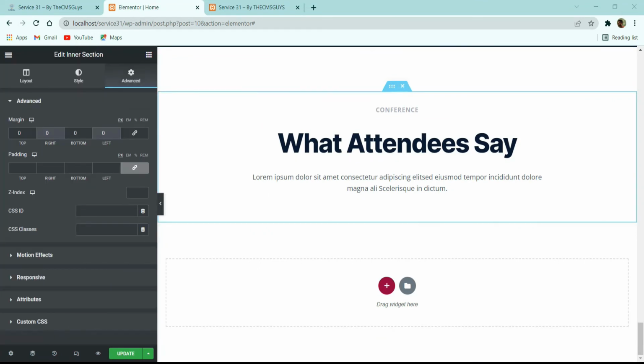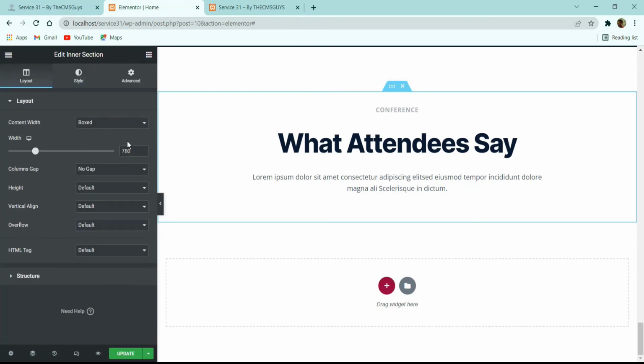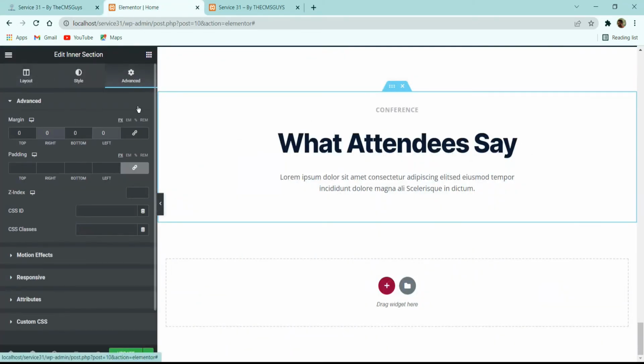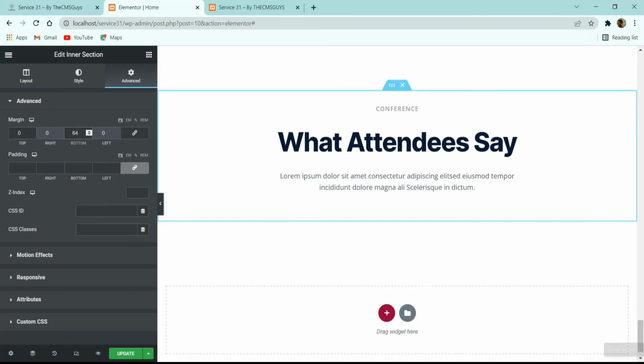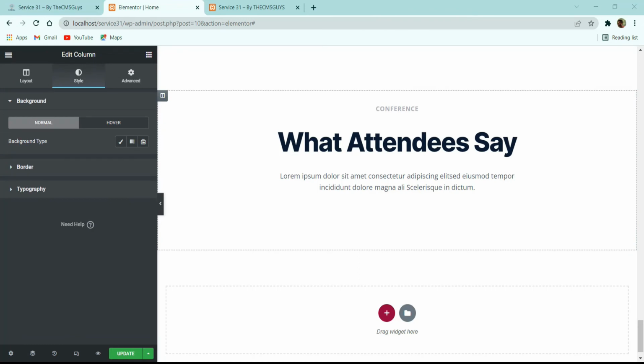Now what I will do, in this inner section setting, I would go to this layout part, and here I will reduce the width of it. Let's make it 640 width. Alright, now we have all the headings and all, so I just want to give it a bottom margin of 64 pixel. Alright, now let's go to this column setting, and here in this column setting I would like